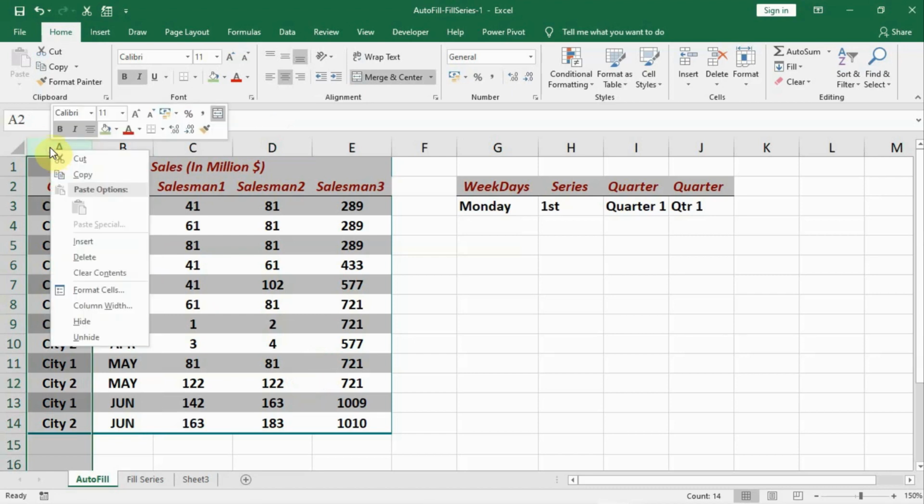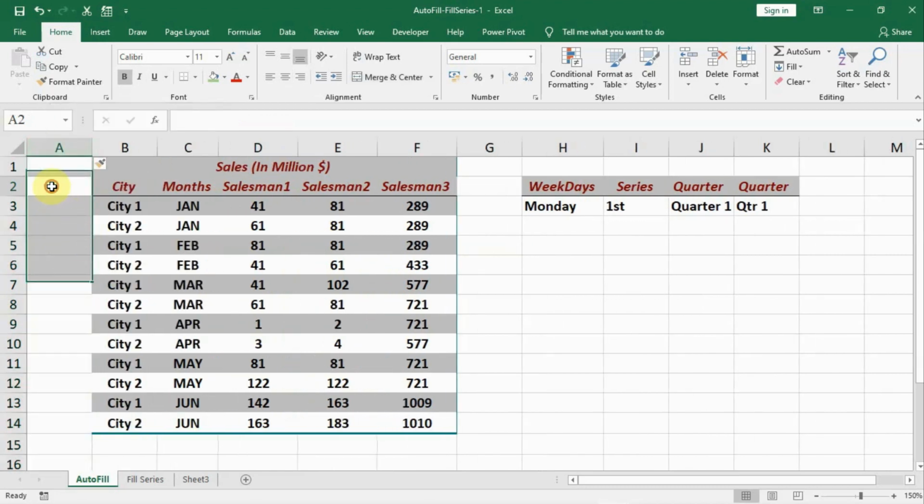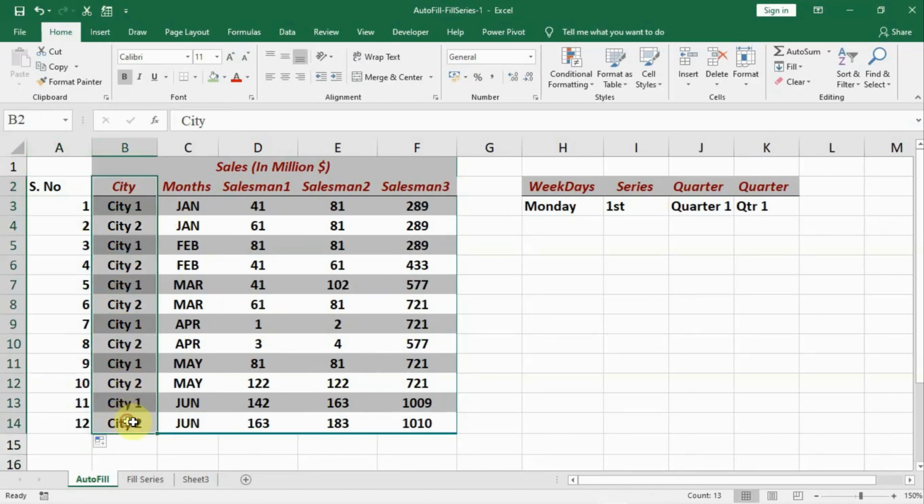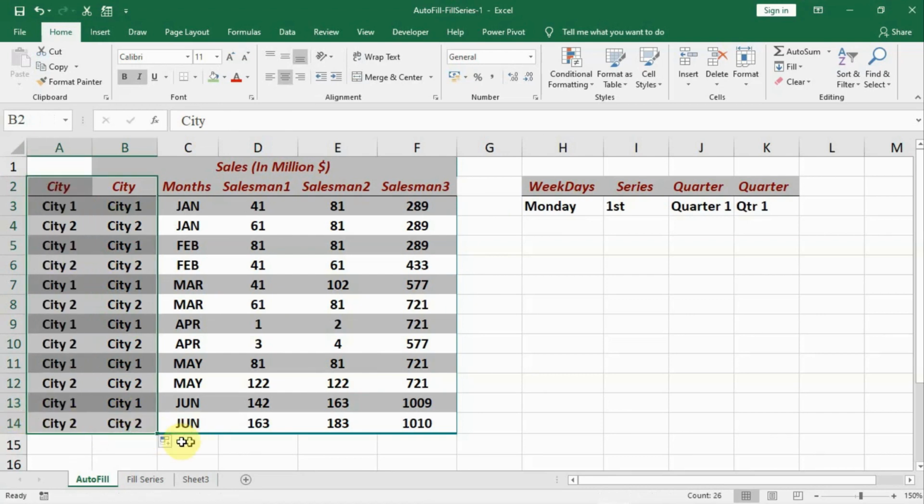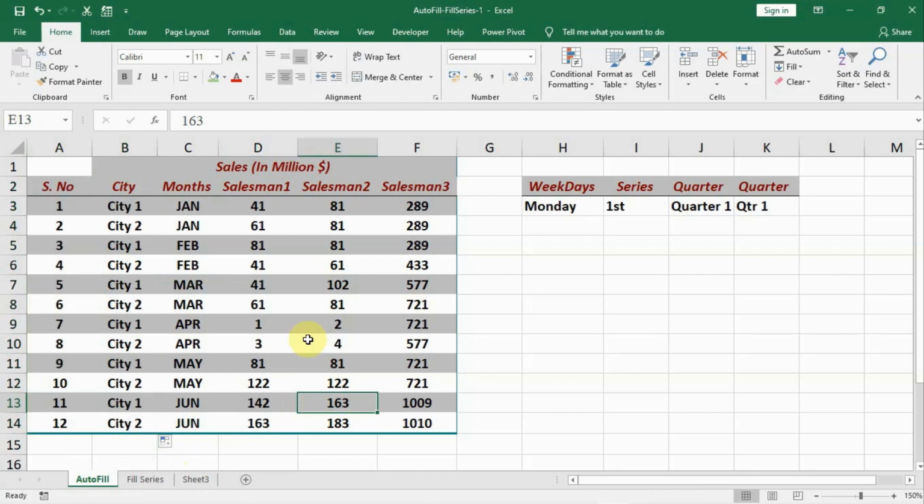I'll insert a row by right clicking on the top of the column name A and inserting it. Then I write down here serial number, and I want to create serial numbers like 1 and 2. Then I type 1 and 2, select 1 and 2 and drag it down. Now the serial numbers are created. Now I select the adjacent column, copy this column to the left, drag it to the left, and here I'll fill formatting only. Right, in this way I can create the data with the formatting.